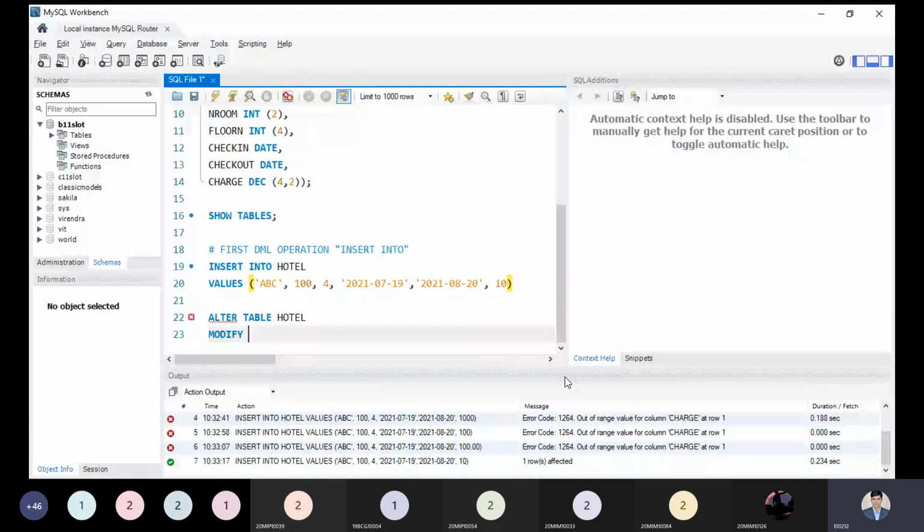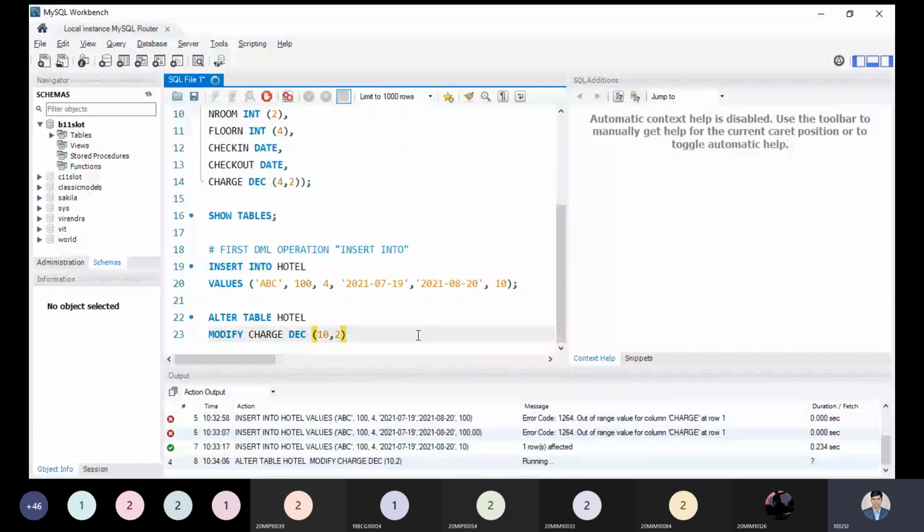We are modifying the decimal property of our column, its size. Charge decimal, I'm taking 10,2, and let me put the comma over here and let me update. This is updated. Now let me execute this command.